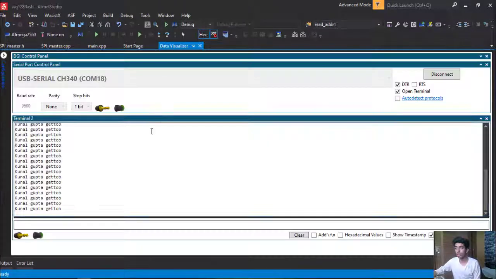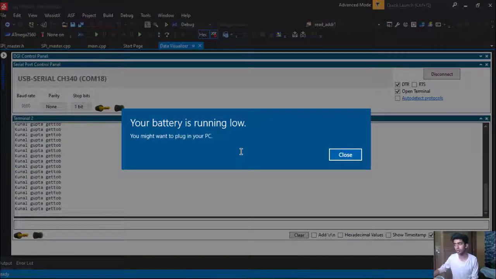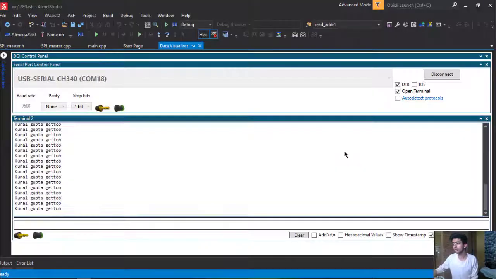I hope guys you like this video and you get to know the understanding of these flash memory chips and how to perform the read write operations on them, and the write status register and all such kind of things. So now in the upcoming videos I am going to interface this to my STM32 microcontroller also. My whole logic and whole code will be the same. The things will be pretty much the same. It will be very easy for you after viewing these videos for STM32.